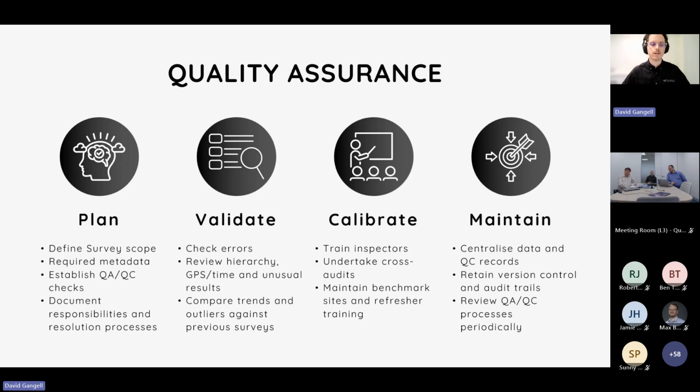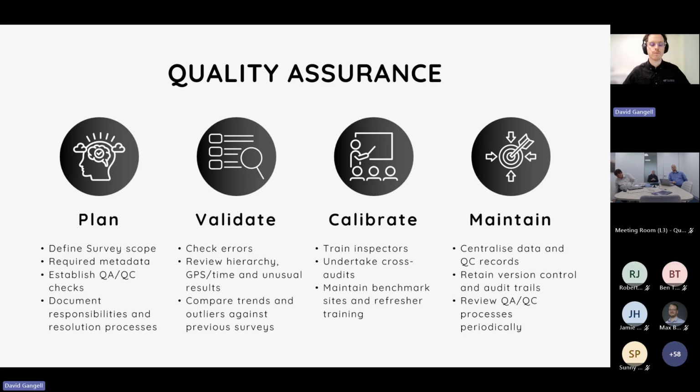So obviously the initial planning is vital: defining survey scope, understanding what your required metadata is, and establishing those quality checks certainly set you up for